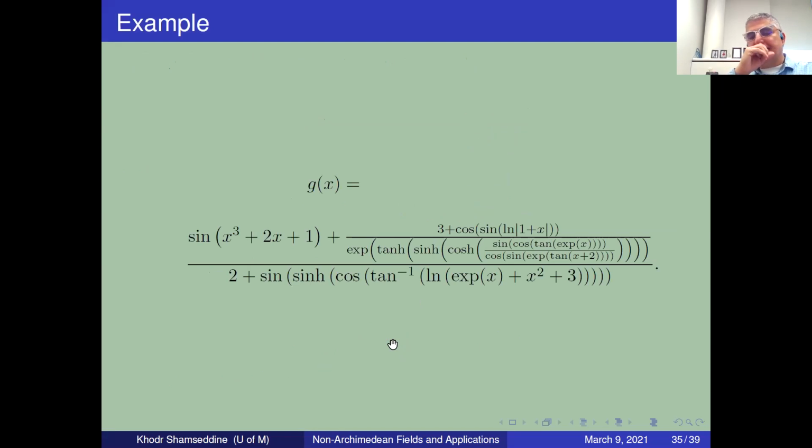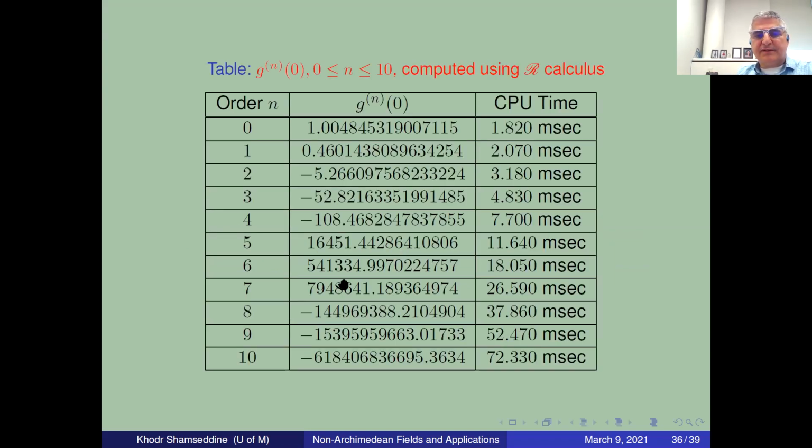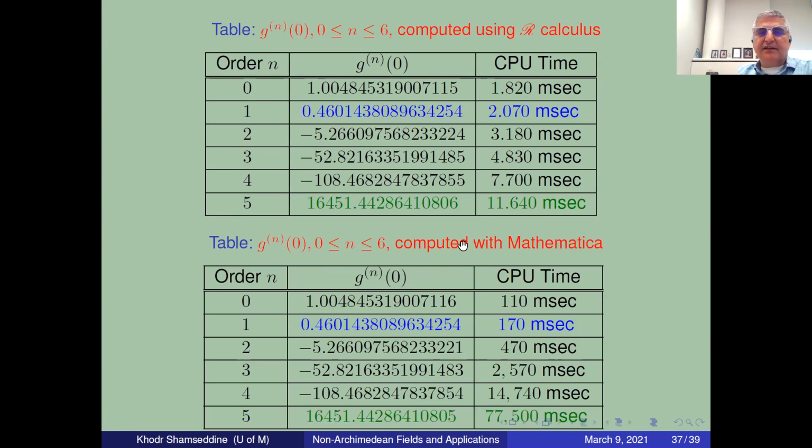We used that algorithm to compute the first 10 derivatives of this rather ugly function, and we ended up with this table. To make sure we got the correct answers, of course, we had to check this against the values computed with Mathematica. And if you look at these two tables, you see that for f at 0 and the first 5 derivatives, the values agree up to the 16th digit,